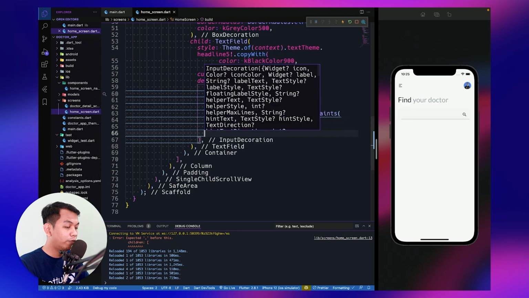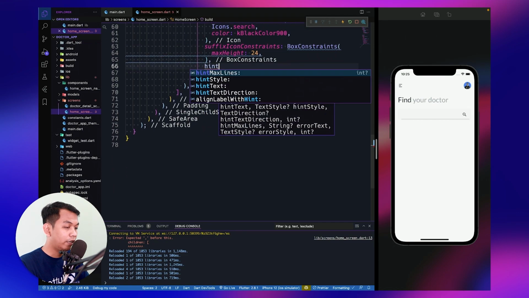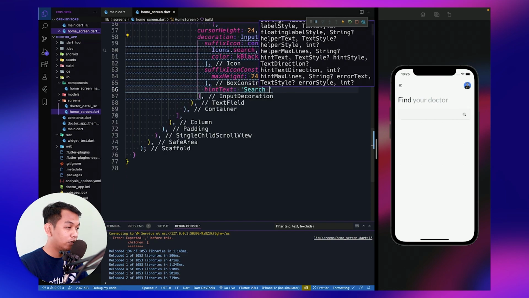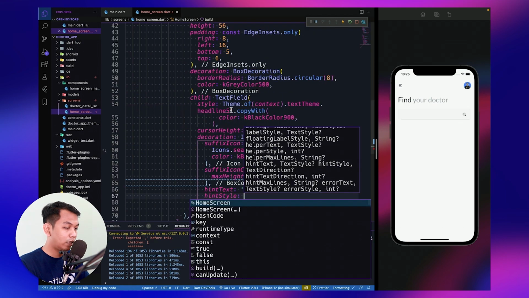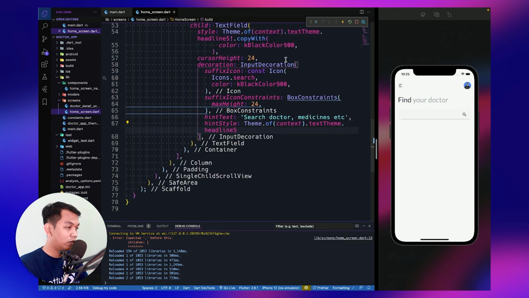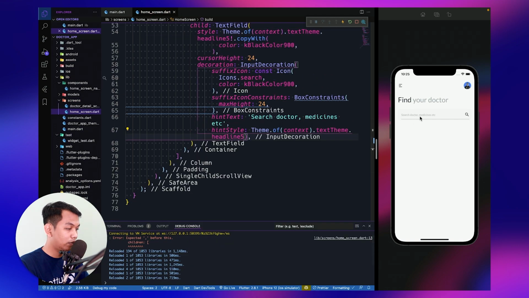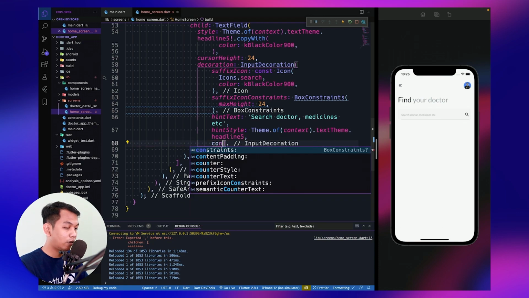Below suffixIconConstraints, we say hintText, we say "Search doctor, medicine, etc." And for the hintStyle, we can copy from our style, paste here, which uses headline 5. And now we see "Search doctor, medicine, etc." And below hintStyle, we say contentPadding.